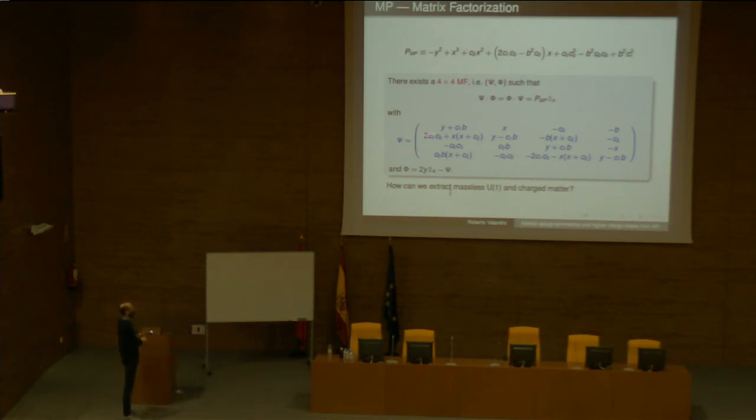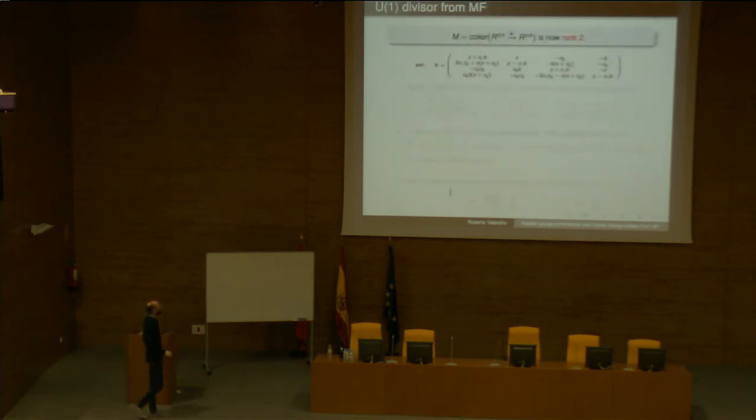And the two matrices are this B1, and I don't show the other one because of lack of space, but it can be easily obtained by this expression. Okay, so now we have this 4x4 matrix. It's more complicated than a 2x2, as you could imagine. How can we now extract the massless U1 and the charge matter from this